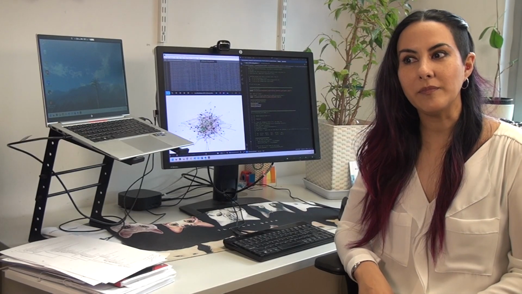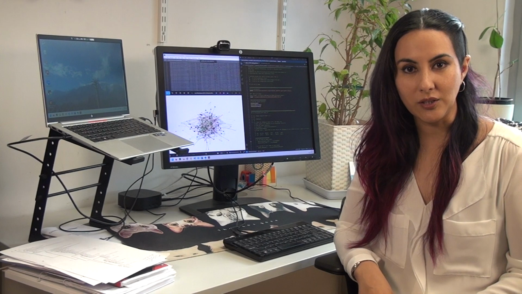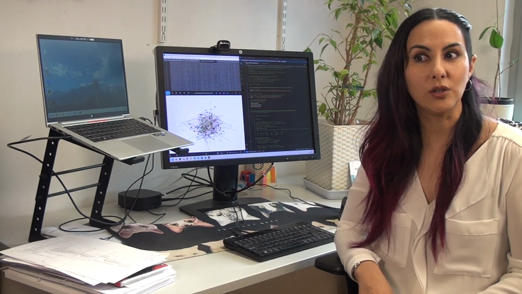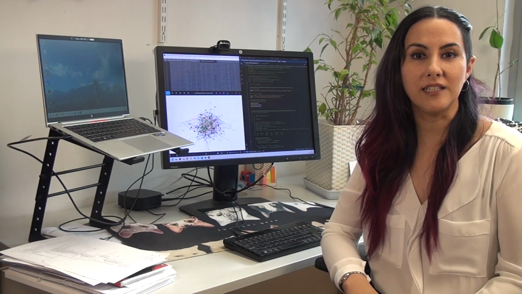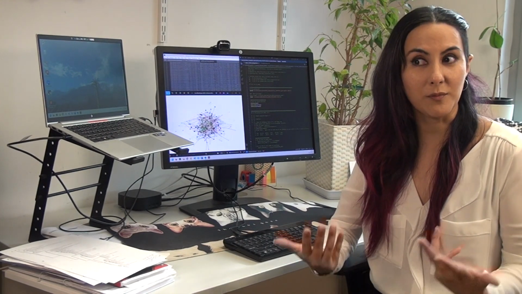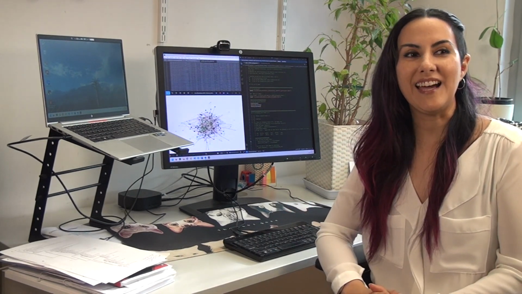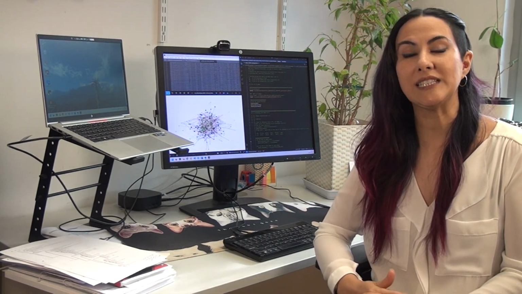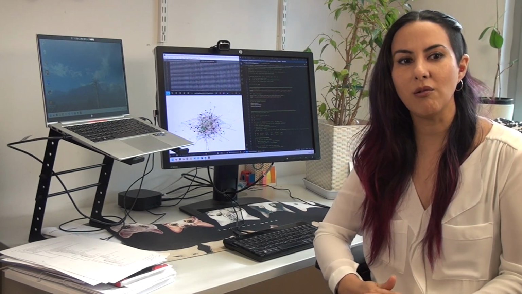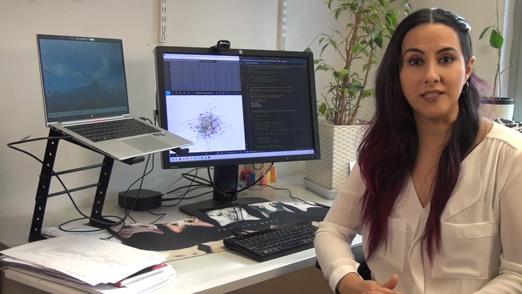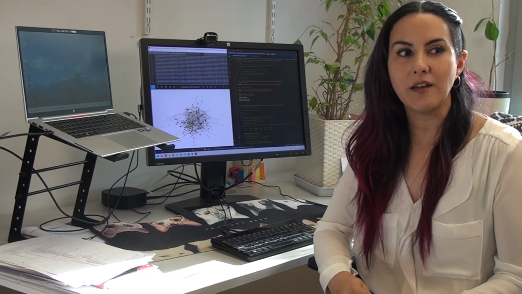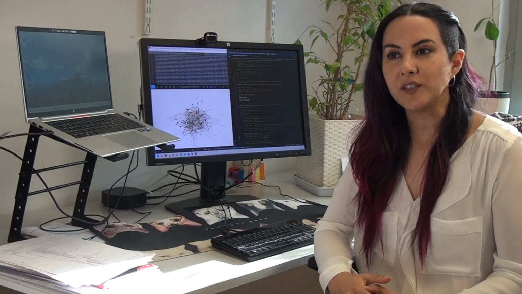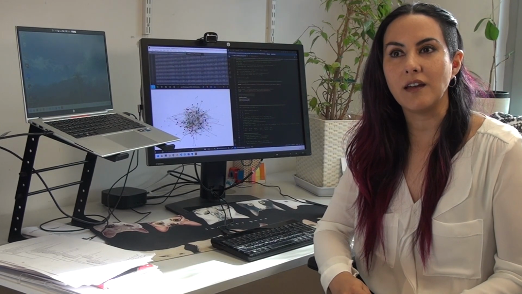Yes, so I'm a computational biologist. My background is in ecology, behavioral ecology and comparative genomics. I studied at the University of Chile because I'm from Santiago, Chile, and I came to Germany a little bit more than 8 years ago when I did my PhD in comparative genomics at the Max Planck Institute for Ornithology. When I finished my PhD, I found MICROBE, and I found it super interesting because I found that I